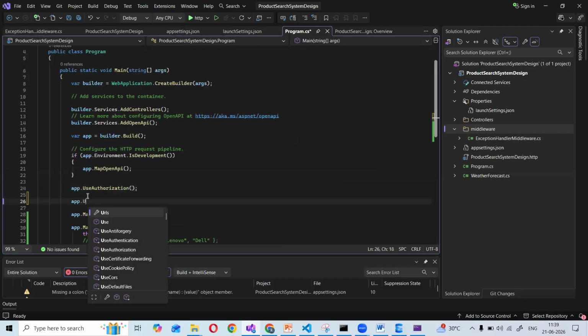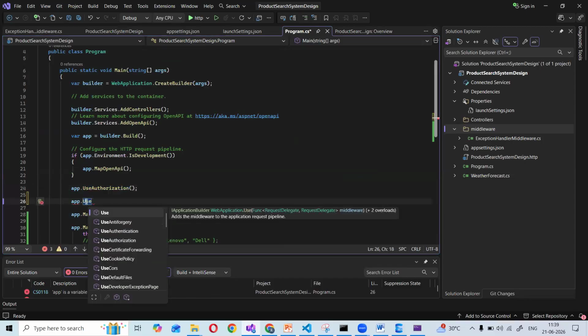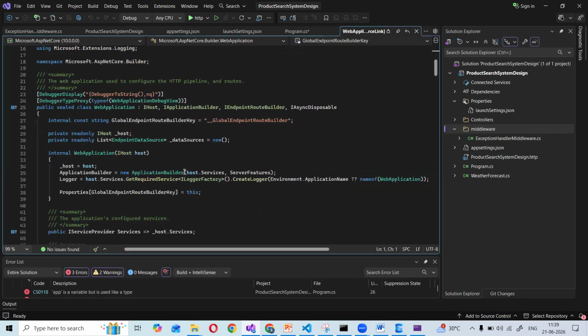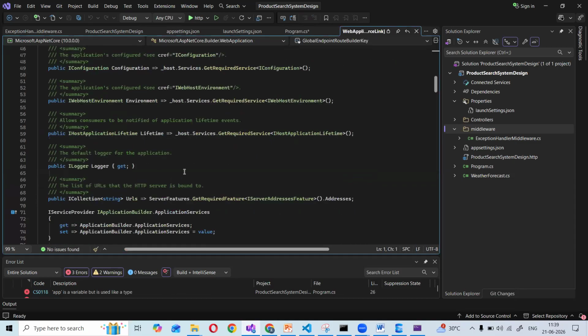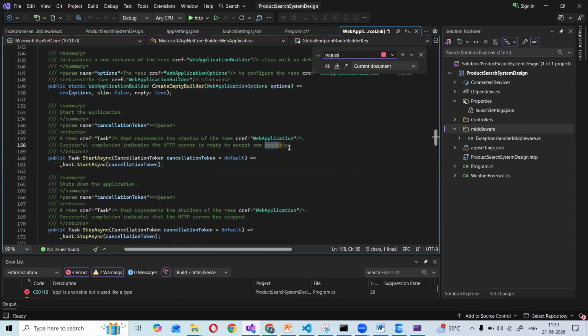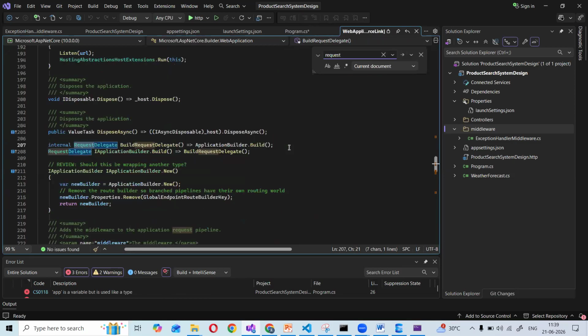Let me go inside of it. Open source means I can see the code. Okay, that is what I'm telling here. So request delegate: if I want to create a custom middleware, I can use this request delegate type also. That is called conventional.